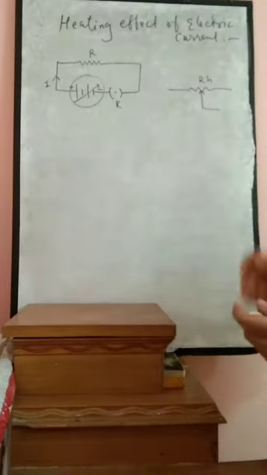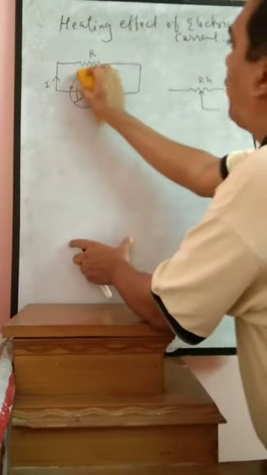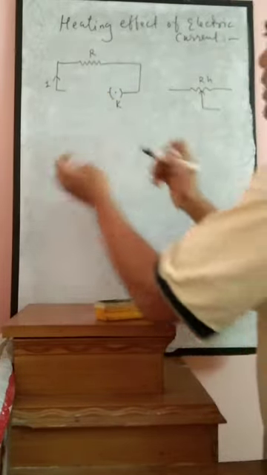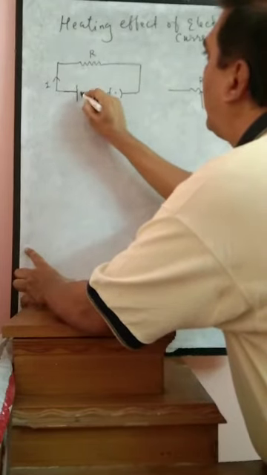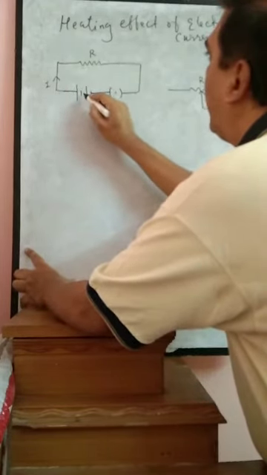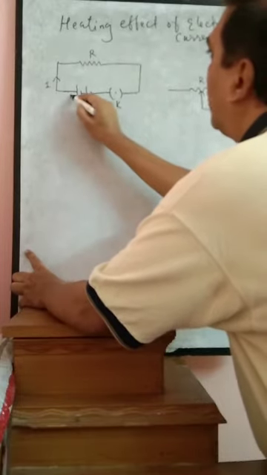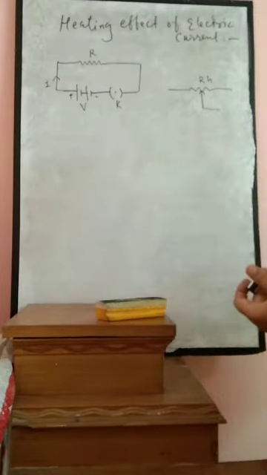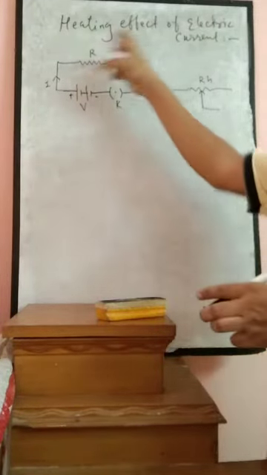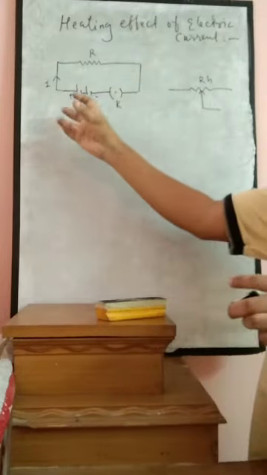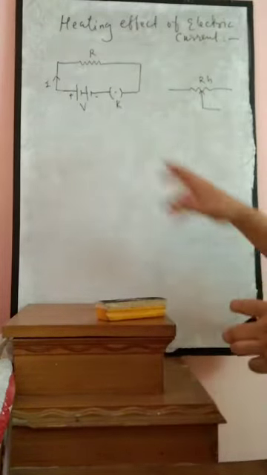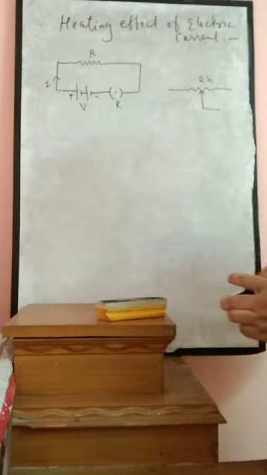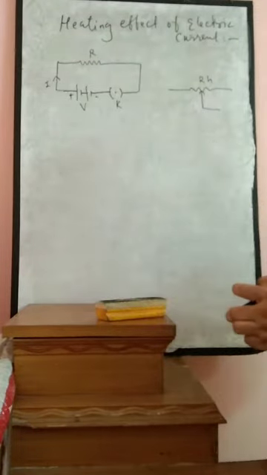Now let us assume that I amount of current is flowing. That means a particular voltage is supplied, and due to that current I is flowing through the circuit. So by means of the battery, a definite potential difference is there between the positive and negative terminals, and due to that I amount of current is flowing. Now we know current is flowing due to the flow of charge, but this charge will not flow automatically. In earlier topics we have discussed that until and unless this potential difference is there between the positive and negative terminals, current will not flow. A flow of charge is not possible.